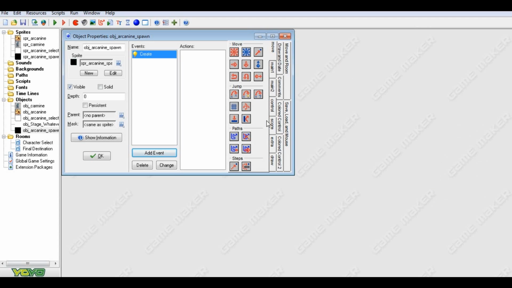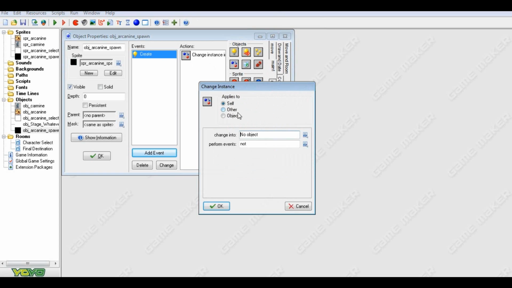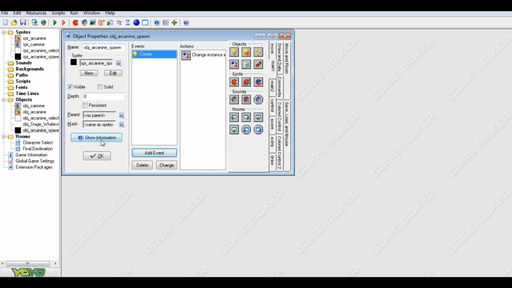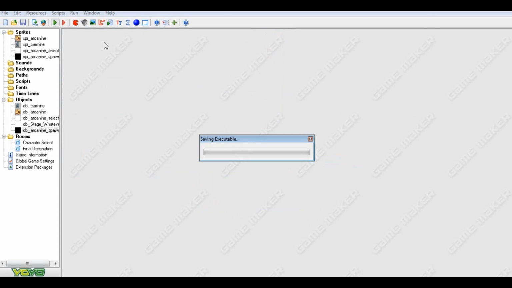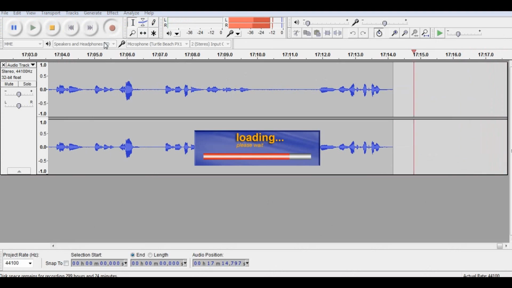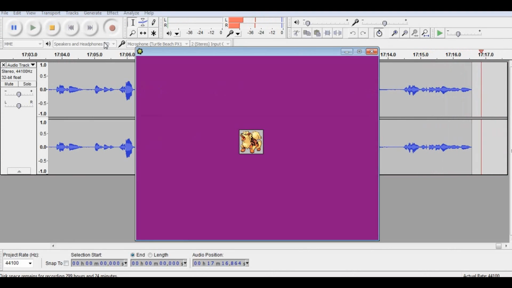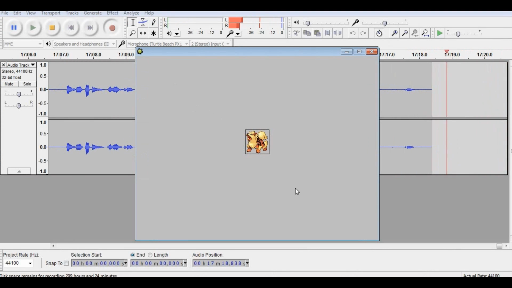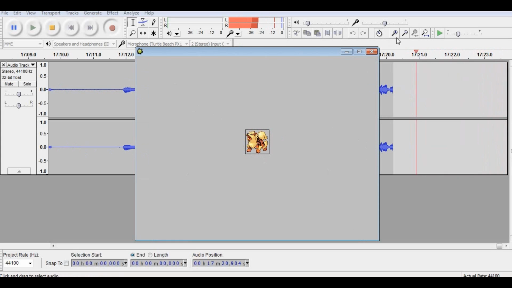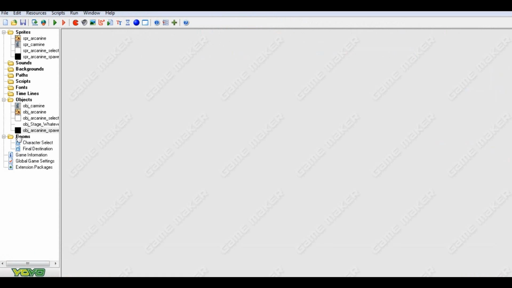We can do when created. So when it's created, we're going to change instance self into Arcanine, and yes, we're gonna perform it. And that's gonna settle it. That's gonna be all you need to do. And you'll see you didn't see it happen because it happened right away. So if you have a spawning animation or such, that could occur. But it can work for anything. You're gonna need spawns for every character,